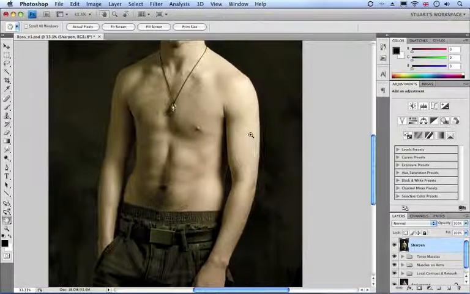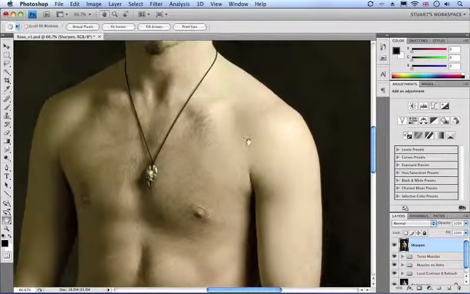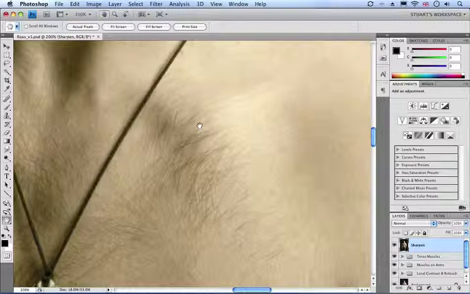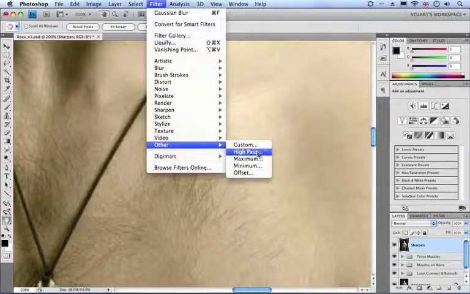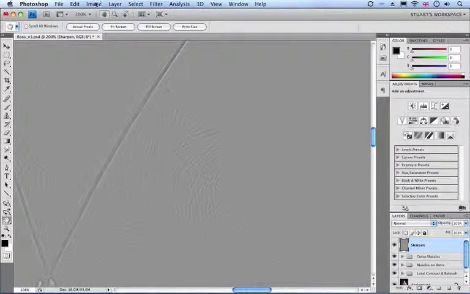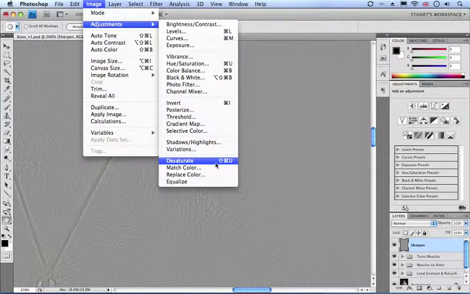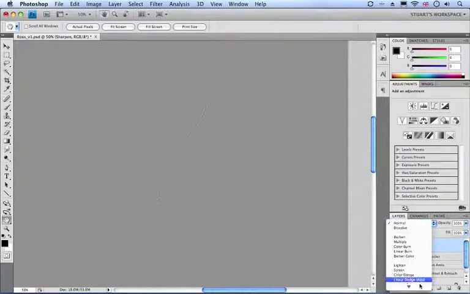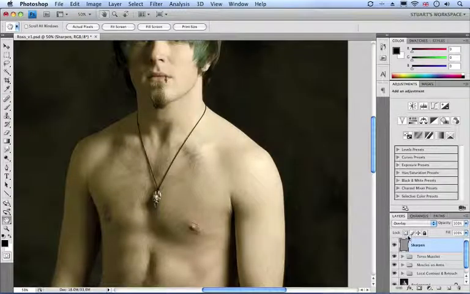And once again I'm going to go for my old favourite for this, which is going to be high pass, which is going to suit Ross probably better than the actual girls. So we're going to go in at high pass and looking at the necklace and stuff like that. So filter down to other and then high pass. And I'm going to go for quite a lot of detail, so 1.4, click OK. And remember at this stage to desaturate the high pass, taking out those little colour information, and then this time we're going to use overlay to blend it back in,